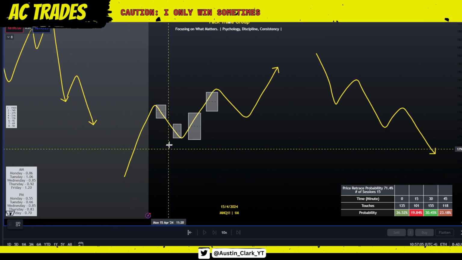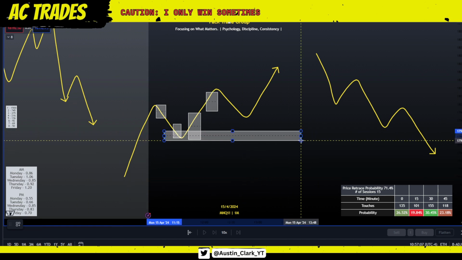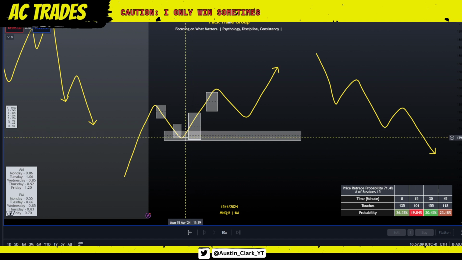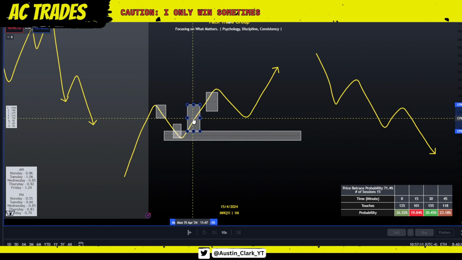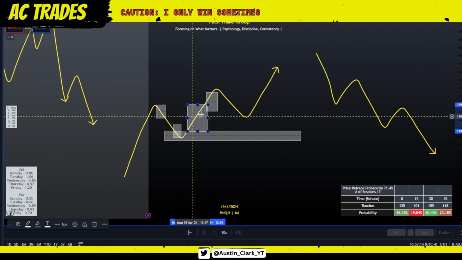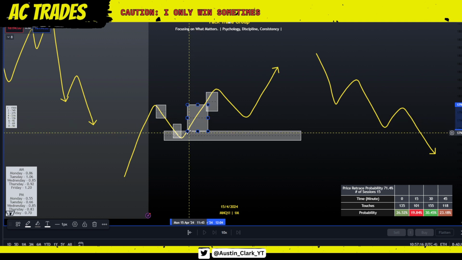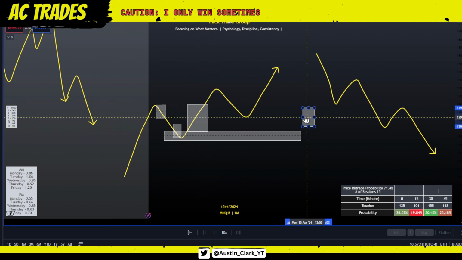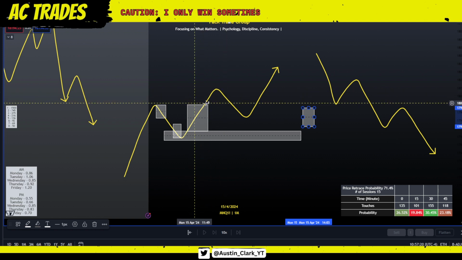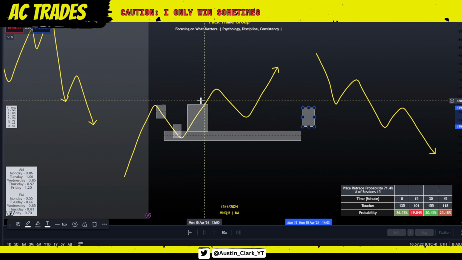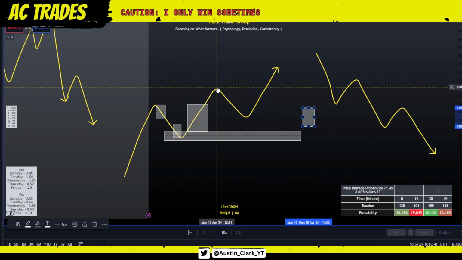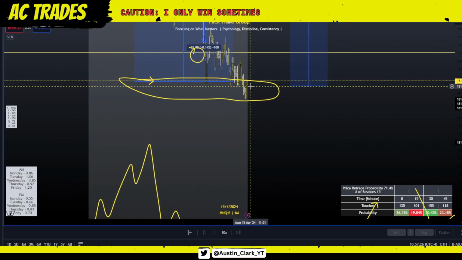There's going to be liquidity right here somewhere that's going to start the delivery. And then the delivery in and of itself is going to have a statistic based on the day of the week that it's going to most likely run from. And then you're going to have a potential correction. Now, again, it's not going to be exact. Let's say this was the statistical day, but we kept on digging deeper, just like how you're seeing price do right here, right?